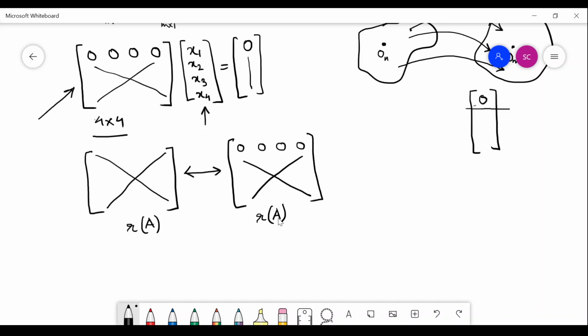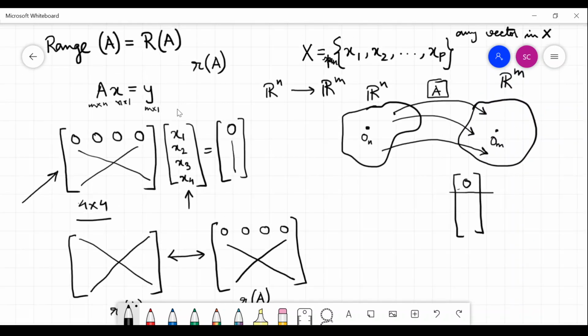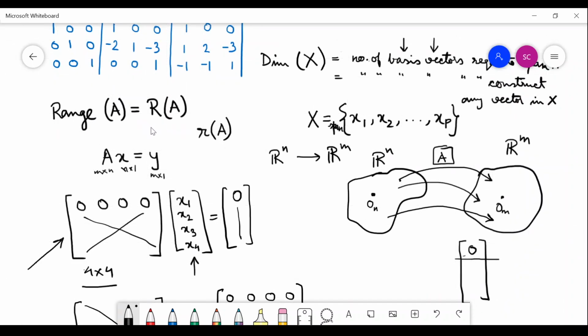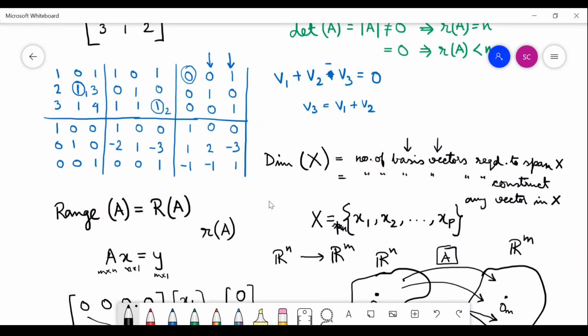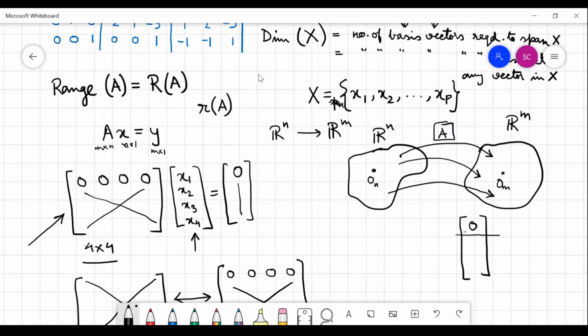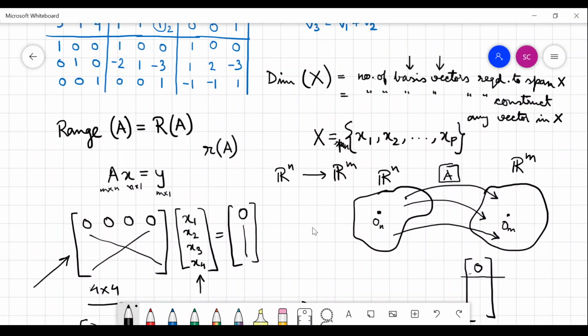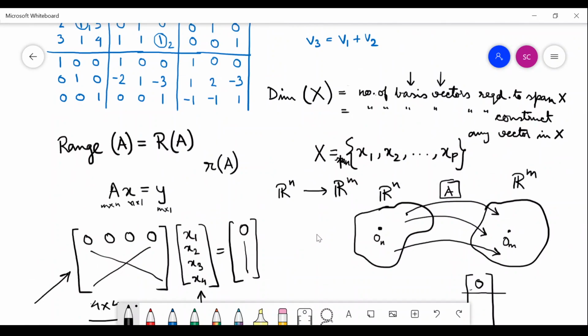And that is how we can figure out the dimension of the range space also. So all this idea of range space, what we learned about, we only need to figure out the number of independent columns in the matrix A, and that we can do by the column operation. That is all, same as the rank of the matrix. This is where the beauty of the column operation stands.